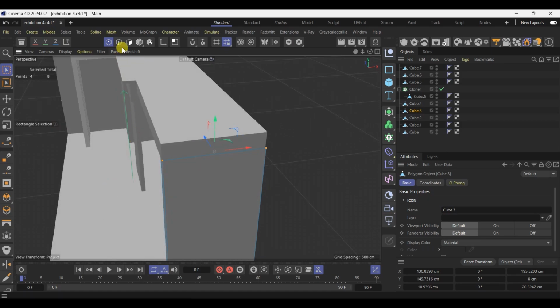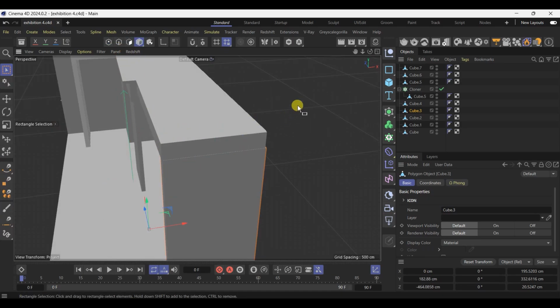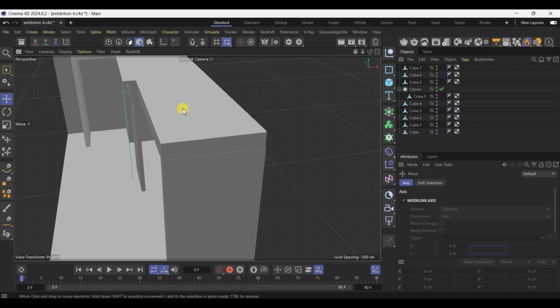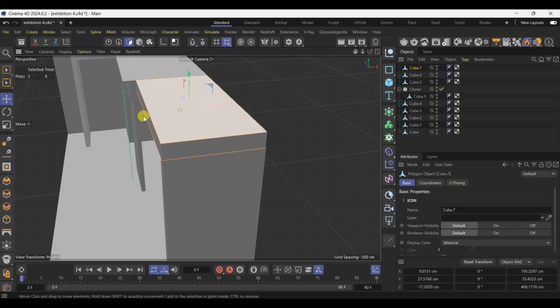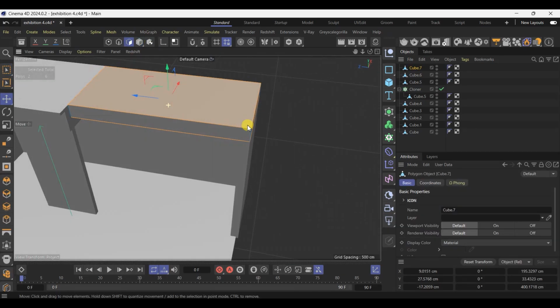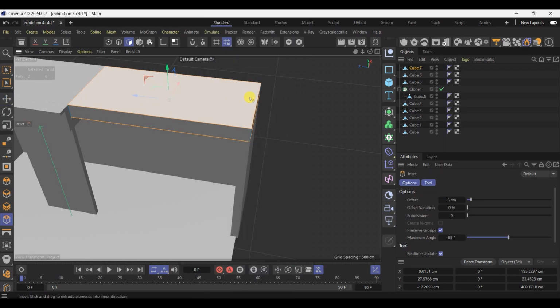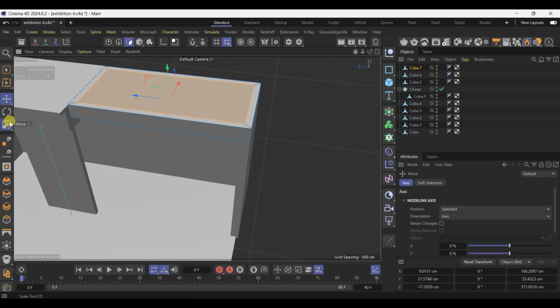That's fantastic. So the next line of action is to create this space we have here, and that's quite easy. We use our inserts, and now we use our scale. Hold down your control key and then just drag down. So we delete